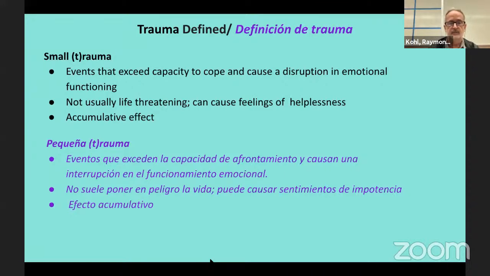And the thing with trauma is that we want to help children and adults talk about their trauma and work through it, because if we don't, sometimes trauma can last a lifetime and affect how we respond in different situations. And small traumas can have what we call a cumulative effect. That means they can build up. So we may think that it's a small thing, but if we have several of these in a row, it may cause more emotional